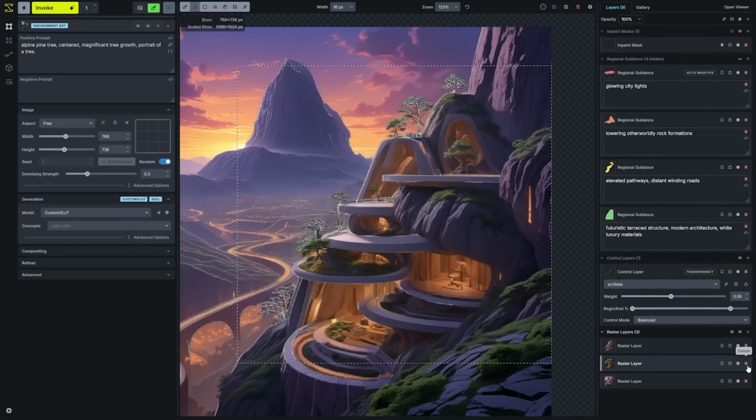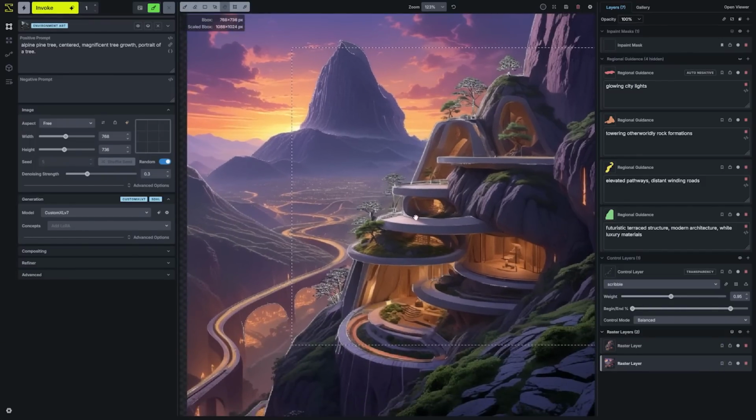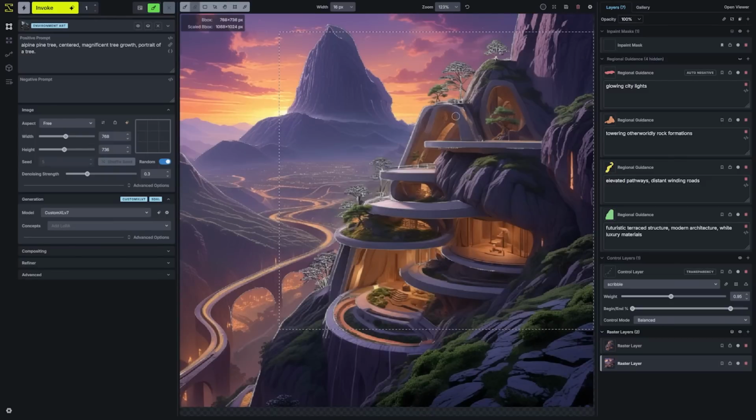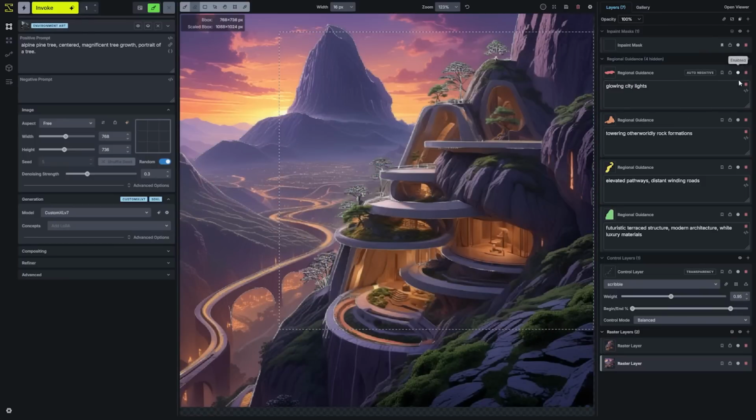Luckily, the undo functionality still is working here. Control Z for that. If I want to take a look at my image real quick without seeing some of the other information here, you'll notice that I hid my regional guidance information. So that's still impacting the generation. These are all enabled. I'm just not seeing that in my workspace. I can do the same for the control layers as well if I want to. The control layers will still influence the generation process, but I can kind of work freely while looking at the